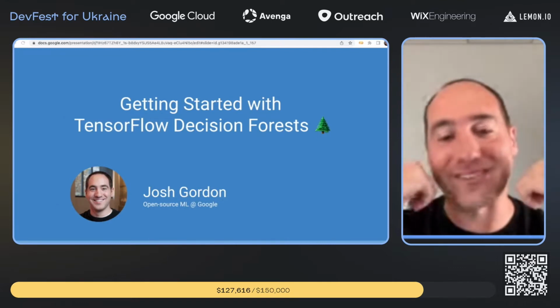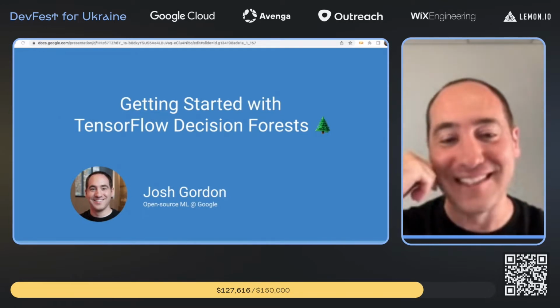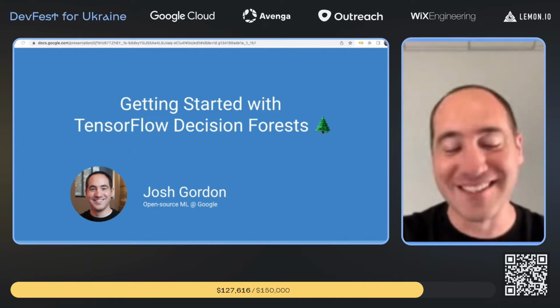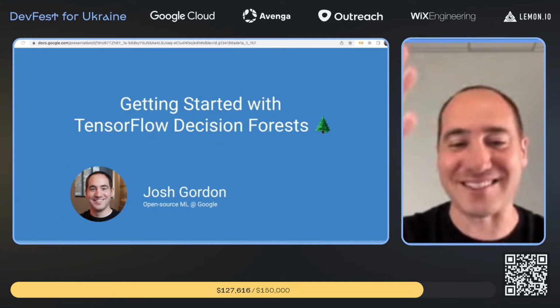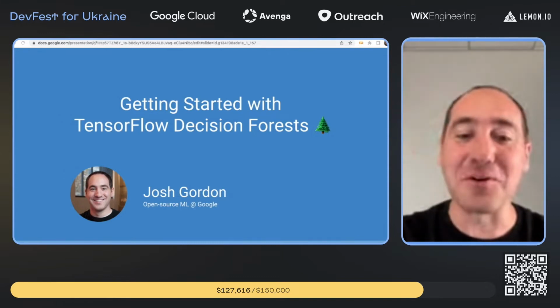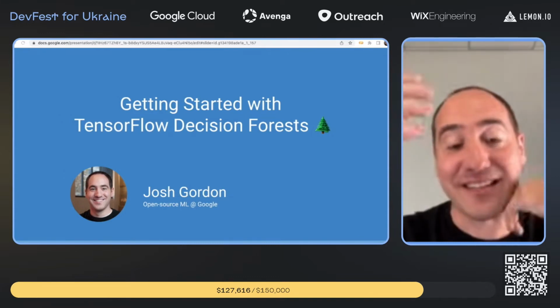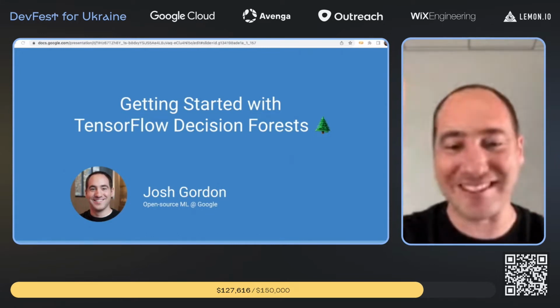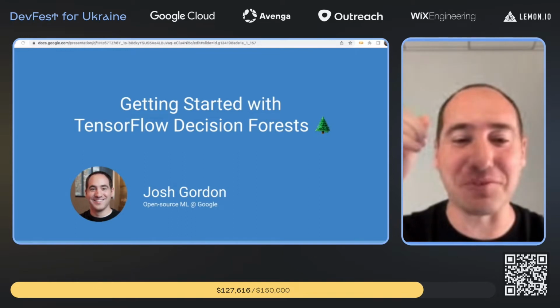The other nice thing about tree-based models is, as you know, they map very closely to business problems. So when we think about business logic, we're often thinking in terms of a tree. And also, as you know, most data in business is structured data or tabular. It's data that you would find